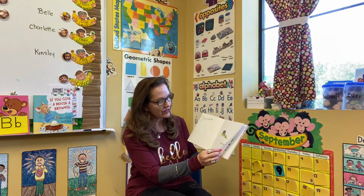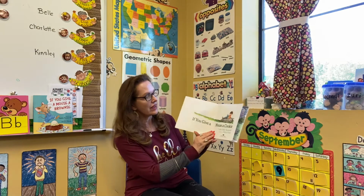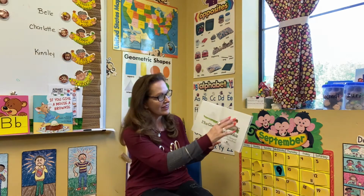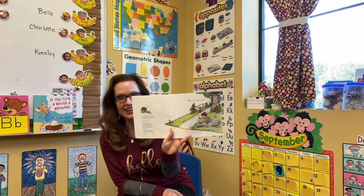Now my class is learning about the title page, and I'm sure you are. So this is a title page. It's the title of the story. If You Give a Mouse a Cookie. And we're going to start learning about the author and the illustrator soon. If you give a mouse a cookie,